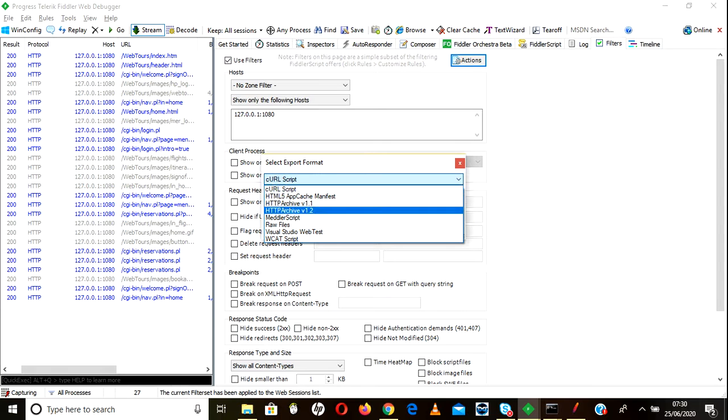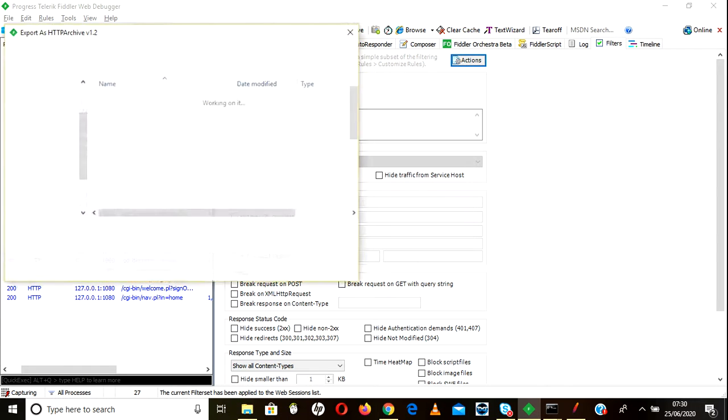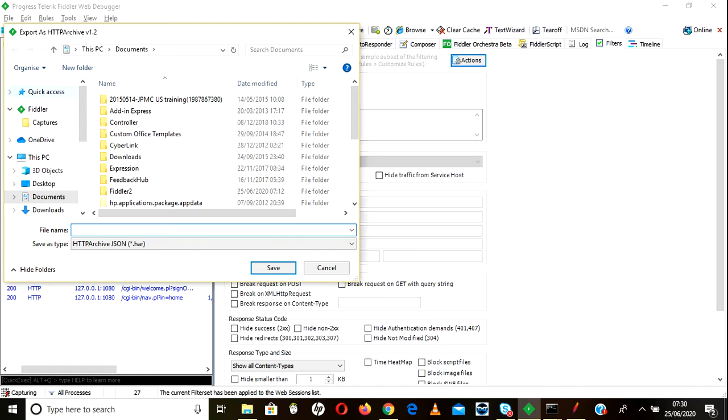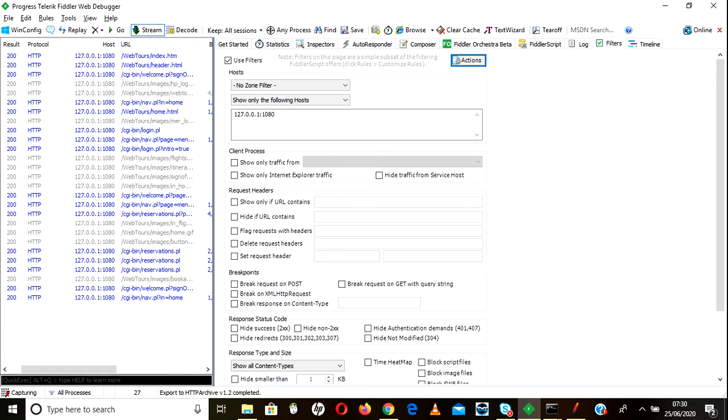Here we have the HAR file, right? HTTP archive file means HAR file. Select HTTP archive file and click next. It will ask you where you want to save this HAR file. For now I will save this on the desktop. I will name it WebTours. Just click on the save button. Now the WebTours HAR file will be available on our desktop.